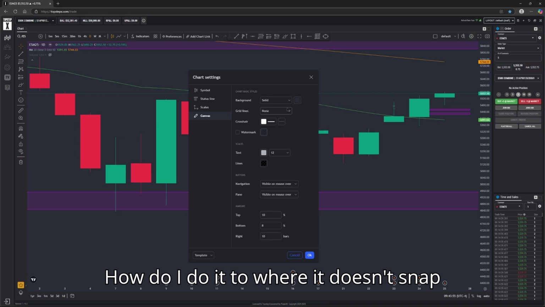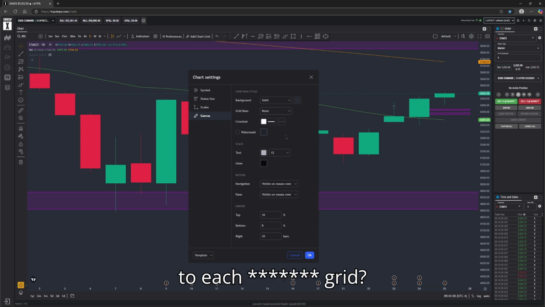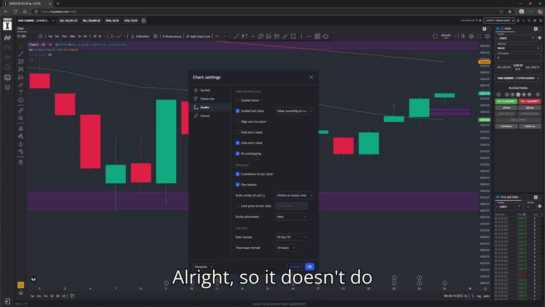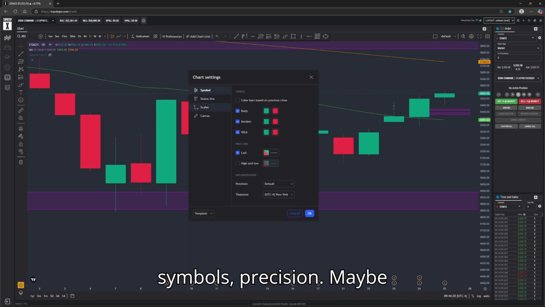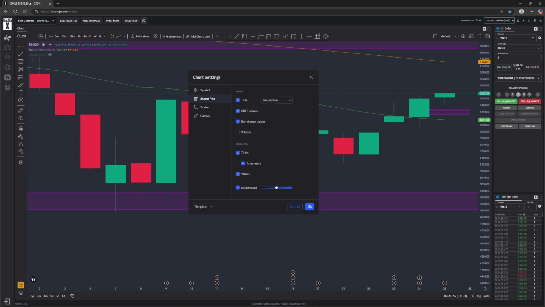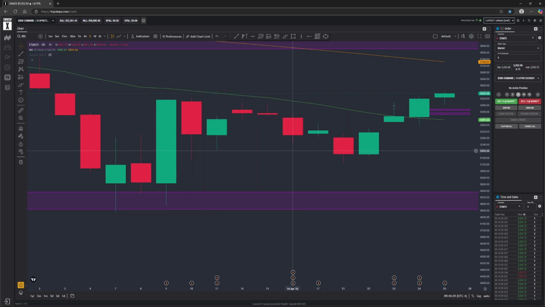How do I do it to where it doesn't snap to each grid? All right, so it doesn't do it. Scales, symbols, precision. Maybe that? No. All right. Anyways,